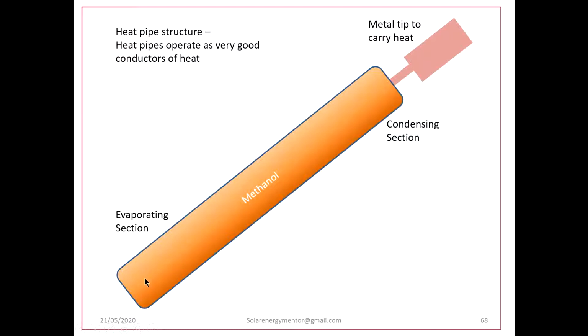We can see here that at this section, the heat pipe is in a fluid, liquid state. As it gets heated, it becomes vapor, and then as the vapor passes on here, the vapor transmits the heat across the wall, and the film heat transfer coefficient for vapors is almost 1000 times more as compared to the liquid transferring heat across the section.